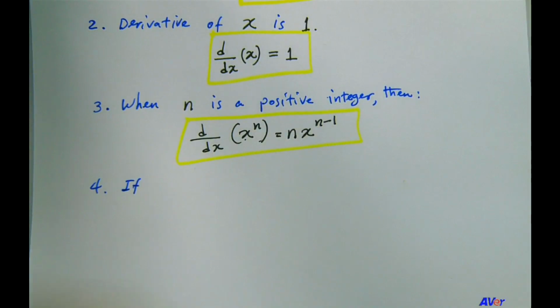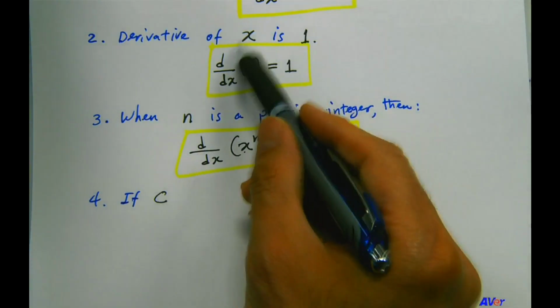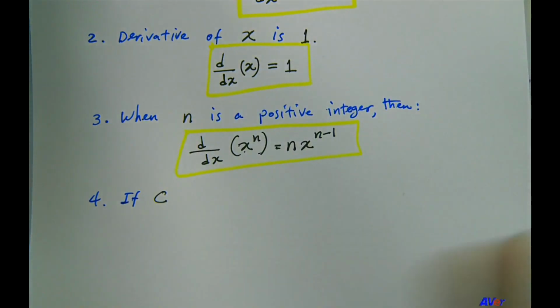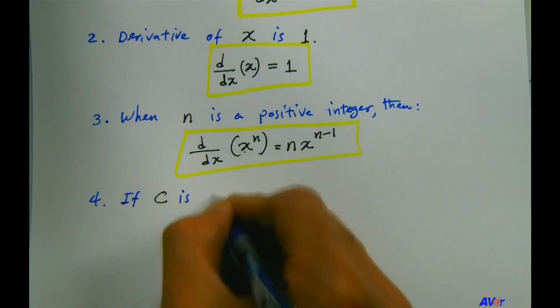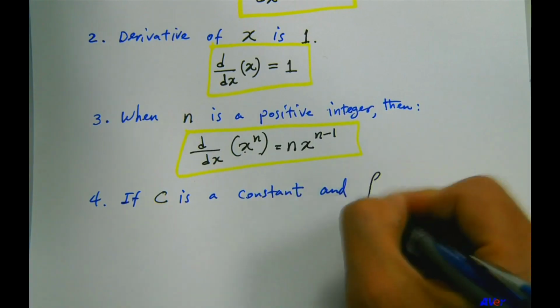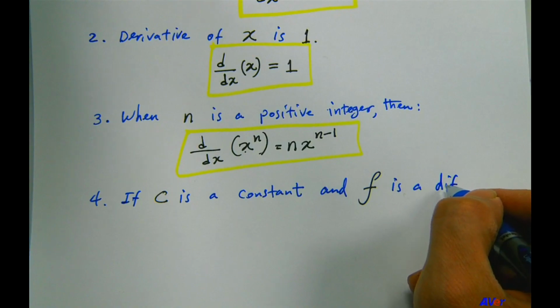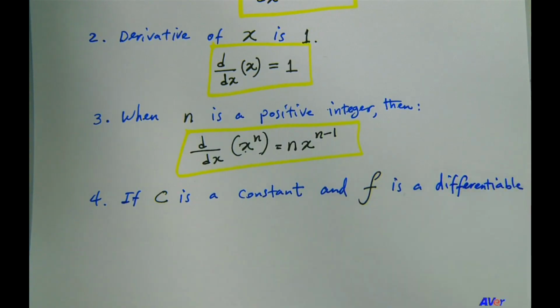So here we had the coefficient of x was 1, and the derivative of x was 1. Now, what if that coefficient is something else, such as a constant, any other constant like c? It could be negative, it could be a fraction, it could be a square root, it could be other roots, other kinds of numbers. So this c represents some kind of a constant. So if c is a constant, and f is a differentiable function. We talked about differentiability in section 2.2, right? So if f is a differentiable function,